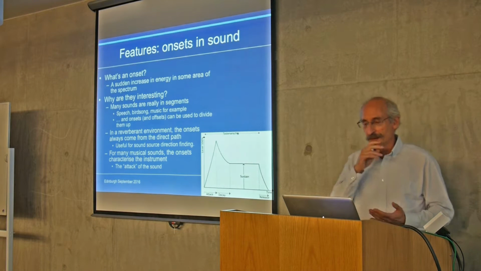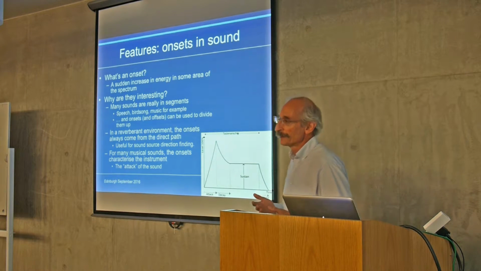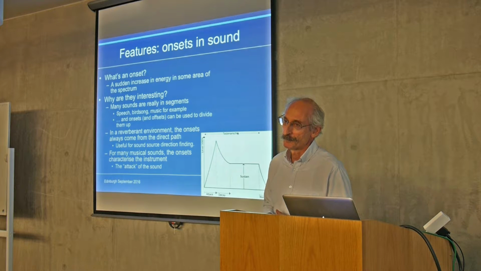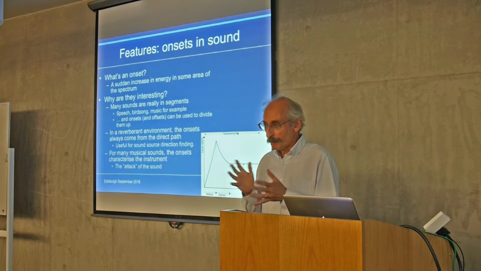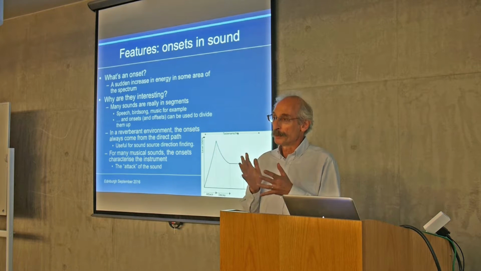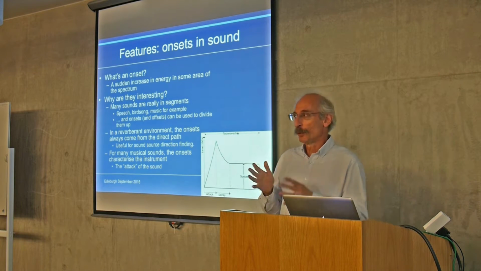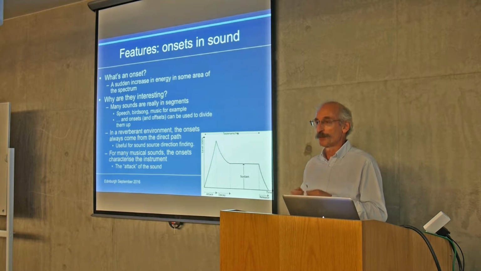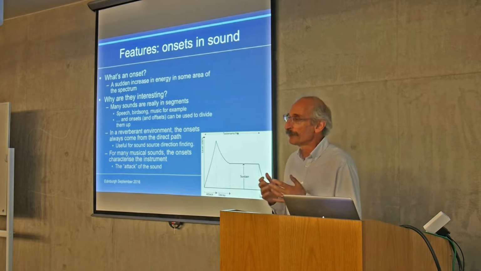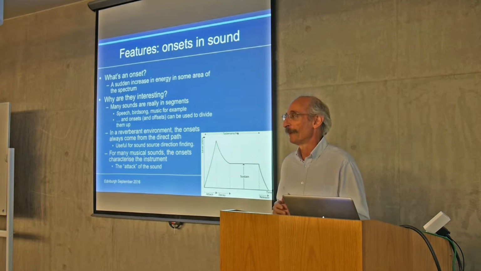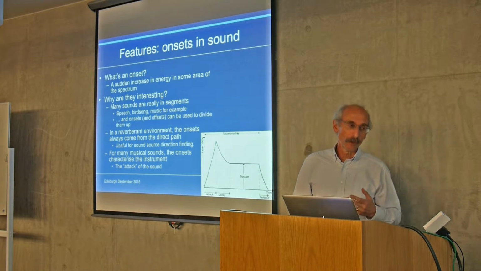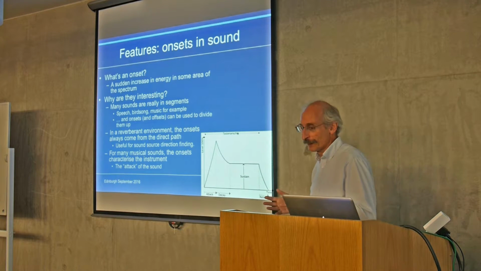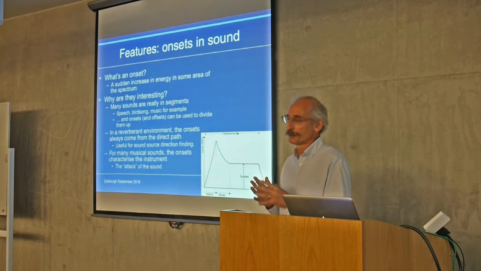Another reason for being interested in them is that, let's say in a room like this, most of the volume of what you're hearing from me is coming from reflections. If this was an anechoic chamber, my voice, given I was talking at the same level, would be quieter. So much of the volume comes from the reverberation. But the part of the sound that you can hear from my voice that arrives first is the part that comes from the direct path, because that's the shortest path. And there's been a lot of work on what's called the law of the first wavefront that shows that you're very sensitive to that,